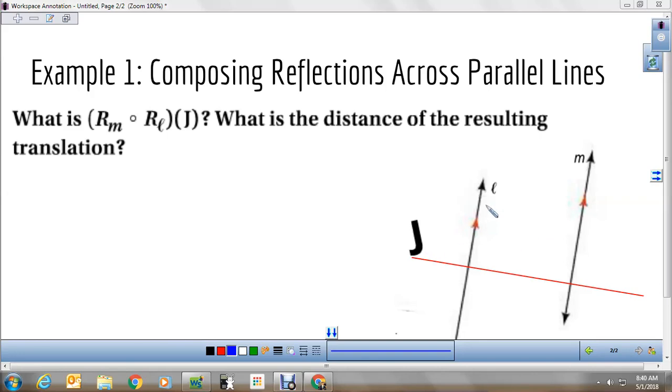So as we reflect this line across line L, the first thing we're going to get here is going to be a J that looks something like this, and it should touch that line. So we have the J that looks like this. It's going away from the line, so that the tip of this is going away. And then as we reflect it across this line, it's going to be,